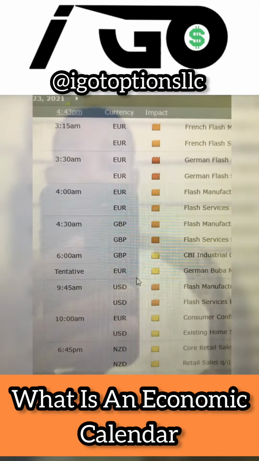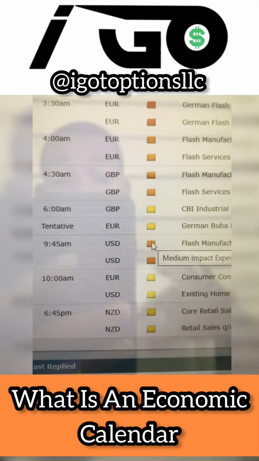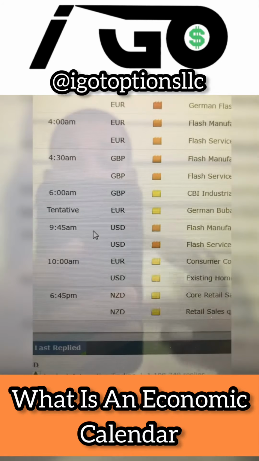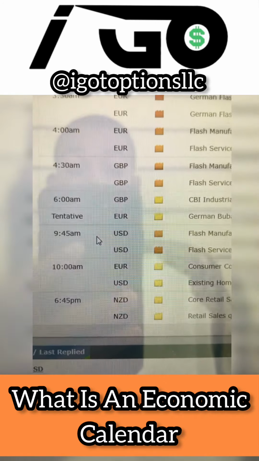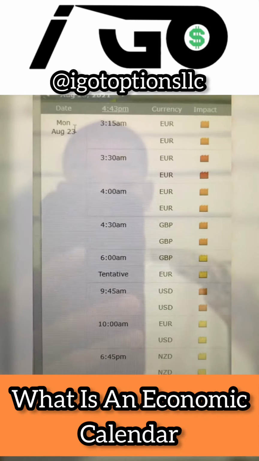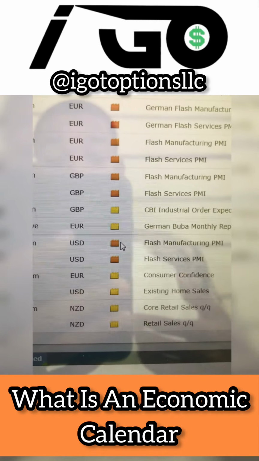What you want to pay attention to is where it says USD, which stands for the US dollar. Those are the events that you want to pay attention to. This will tell you the significant events, reports, and meetings that are happening on these dates. So on August 23rd at 9:45 a.m., it tells us that there's a meeting, report, or event that deals